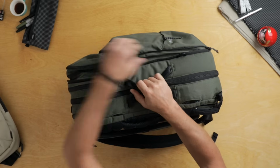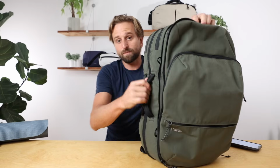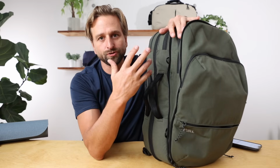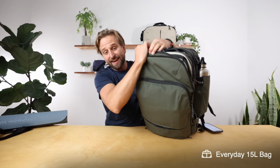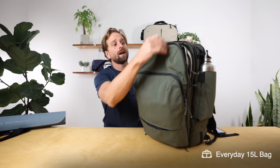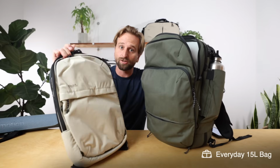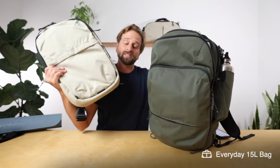Now, I told you about this expansion pocket. This adds extra space, more volume to the bag. Perfect for, I could probably fit 6 t-shirts in here or a big pair of shoes, or this 15-liter daily carry bag that now, when I get to where I'm going, I can have a really, really feature-packed daily carry bag. If you haven't looked at this, highly recommend getting this with this because, for instance, I moved my laptop